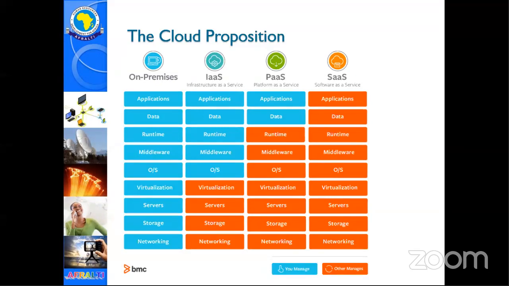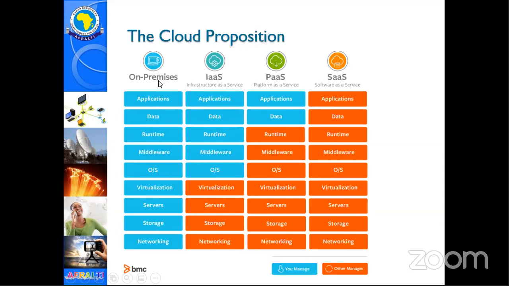So those are the major cloud propositions, and it does not mean that they are siloed the way they are. You can have organizations combining a mix of all these. You might have an organization that has on-premise services mixed with a little bit of infrastructure as a service, and maybe mixed with the software as a service. A good example, most organizations today have mixed on-premise and software as a service.